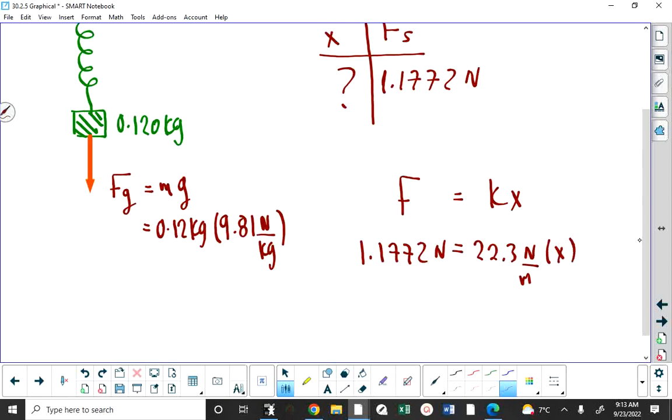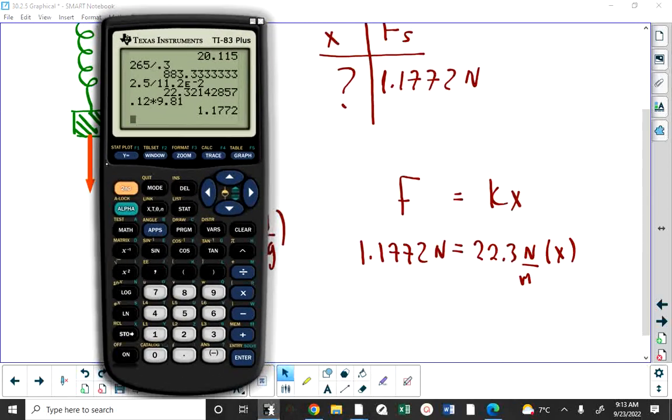I'm going to take that force divided by that spring constant, right? And it's going to be wrong, or it could potentially be wrong. And I'm not talking about the fact that the slope wasn't exactly 22.3. Let's just use 22.3. We get this. So you get 5.3 times 10 to the negative 2 meters. Okay? Well,